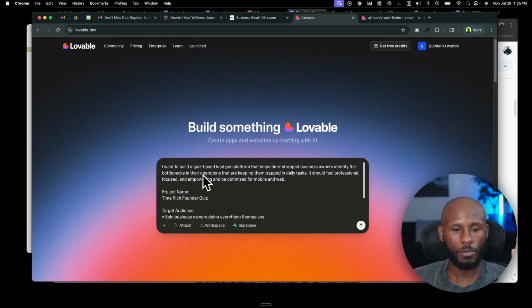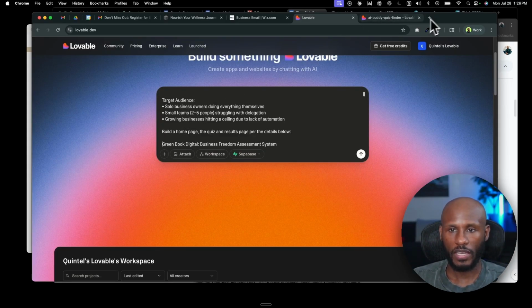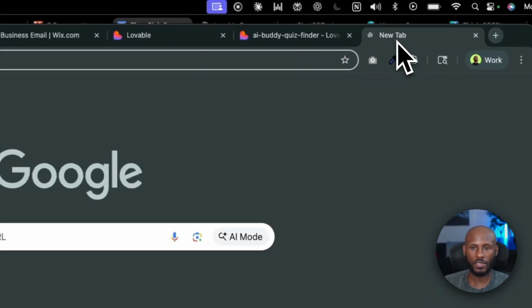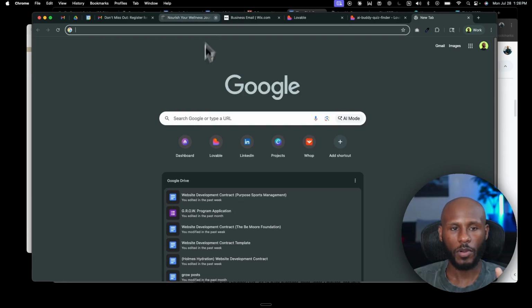All right, so I want to build a quiz-based lead gen platform that helps time-strapped business owners identify the bottlenecks in their business that are keeping them trapped in daily tasks. It should feel professional, focused, empowering, and be optimized for mobile and web. Boom. And now I wanted to match my website because this lead magnet is going to be a part of